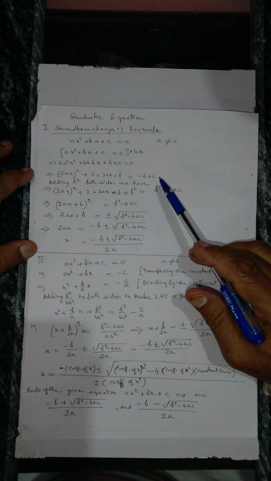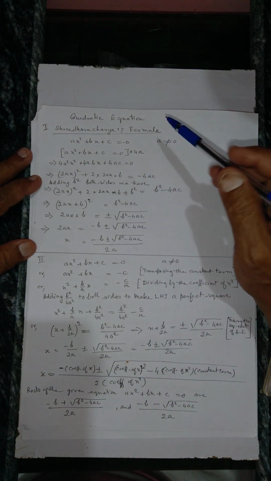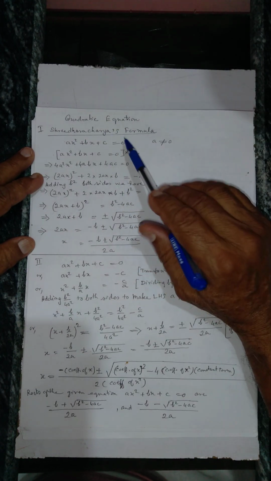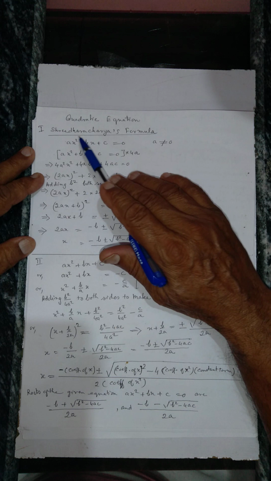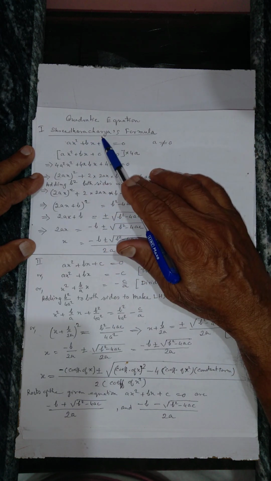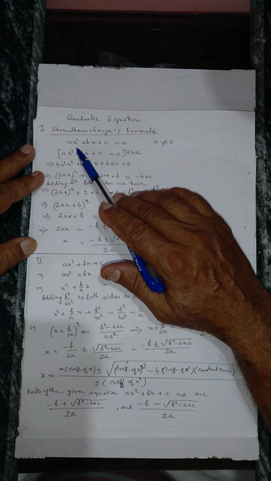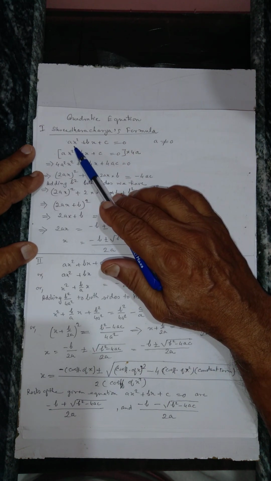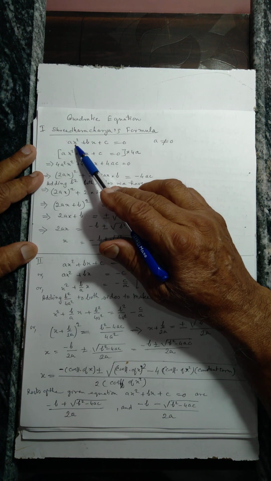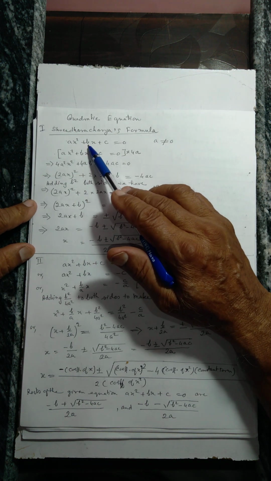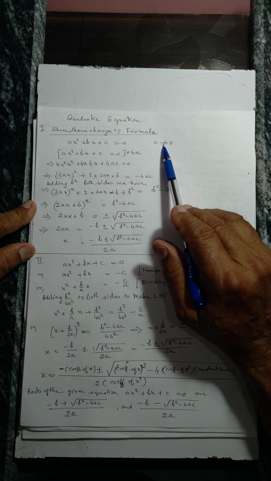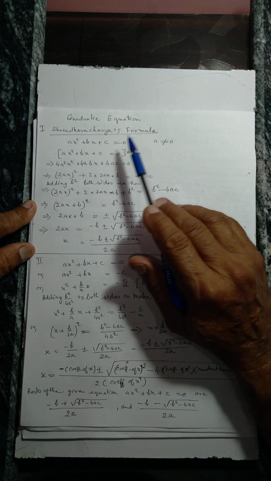Before starting exercise 4.3, first of all, let me tell you about the quadratic equation and how this formula has been derived. You see, the first formula has been derived by Sridharacharya's formula. This is the standard form of the quadratic equation, that is ax square plus bx plus c equal to 0, where a should not be equal to 0. So what he has done,